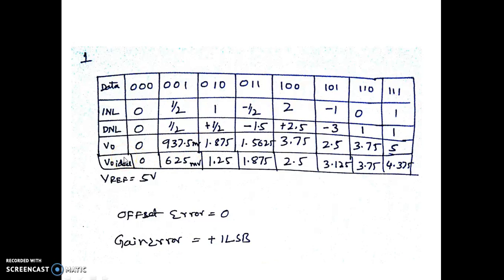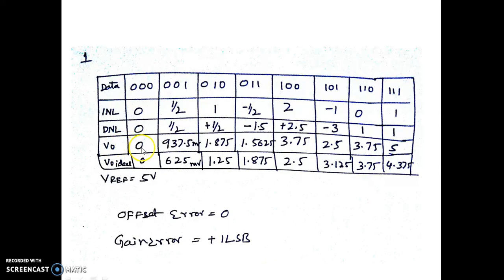Since it is asked to find the output voltage also, we have written the ideal output voltage for a 3-bit DAC with V reference as 5 volts and K equal to 1. We know that 1 LSB happens to be 625 millivolts. For each subsequent bit increment, we simply add 625 millivolts, and these are the V0 ideal values. And since INL is given, I have written the actual value of